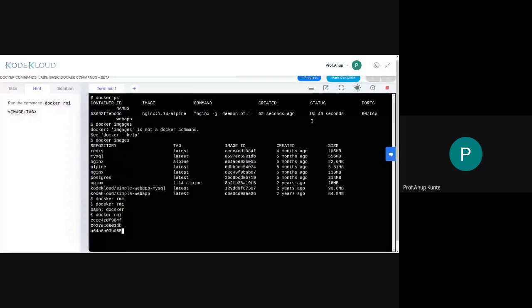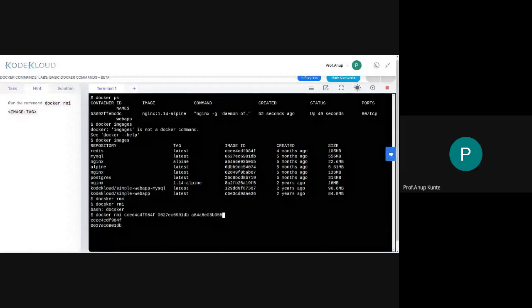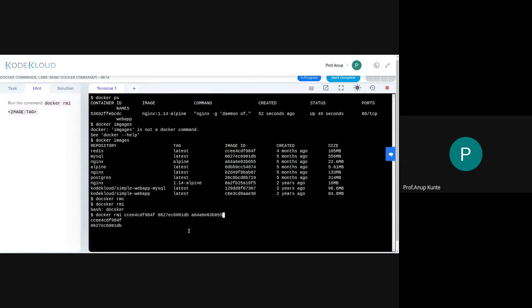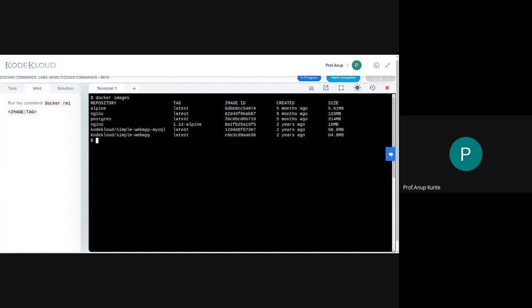This is the third image. Okay, still I'm struggling with that. It will kill it. No problem. This way I'll require a lot of time. That is why they have given us 1 hour, I guess. The higher the size of the image, the longer it takes to get deleted. Docker RMI, I guess we have deleted a few images. We'll just see how many are left. We'll remove some more images. This time I hope it works correctly.